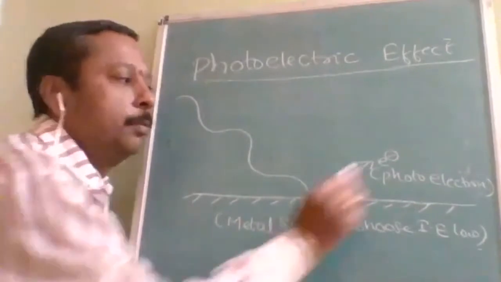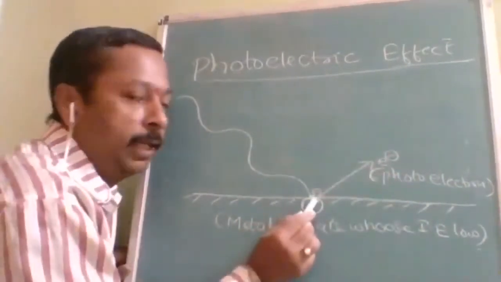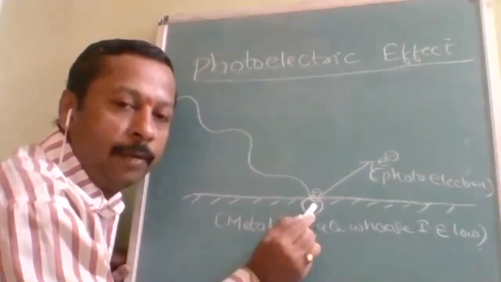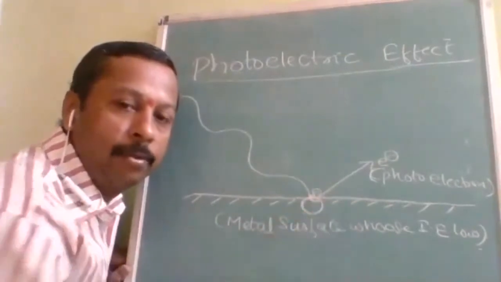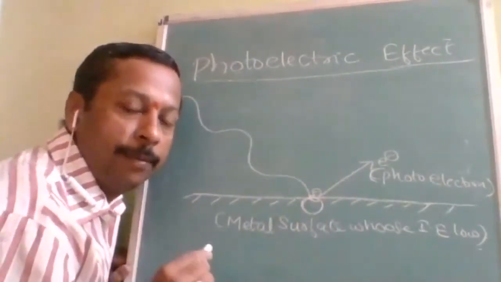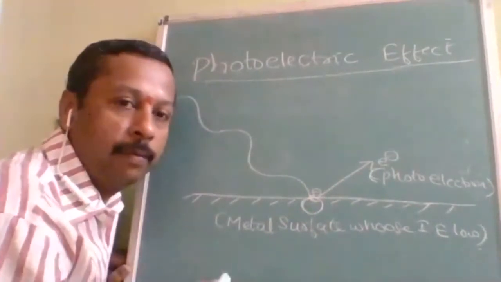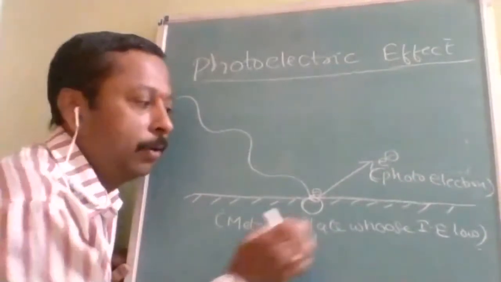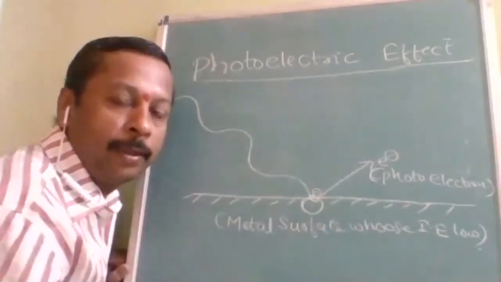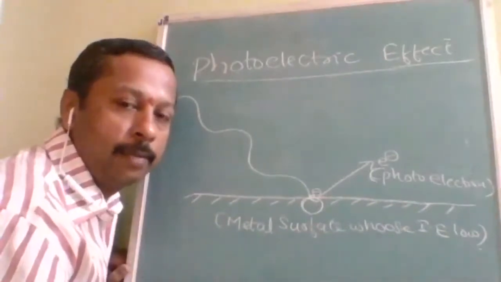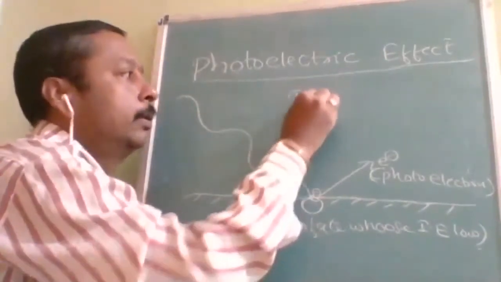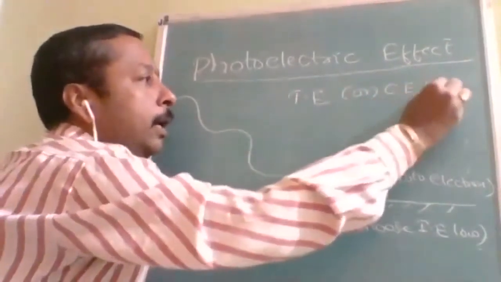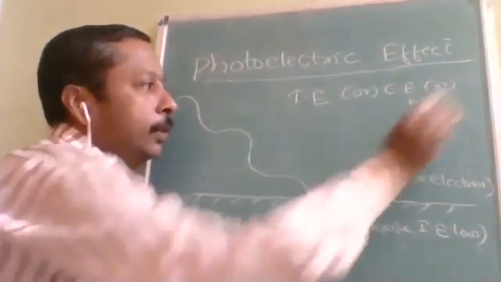Now this is possible only when that minimum energy is provided. Every electron has its own rate. When you provide it with the sufficient rate, only then is it ready to come out. It will not come out at a low cost. Everybody has their own cost. That cost we should pay so that it comes out is called the threshold energy. Sometimes it is also called the critical energy, and sometimes it is also called the work function.